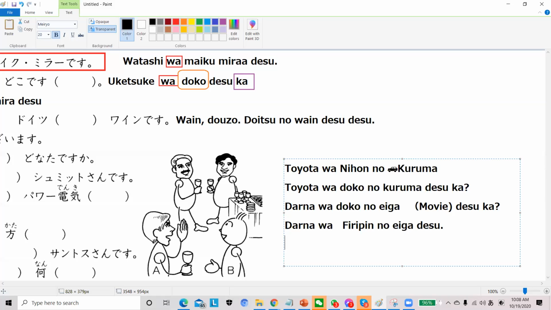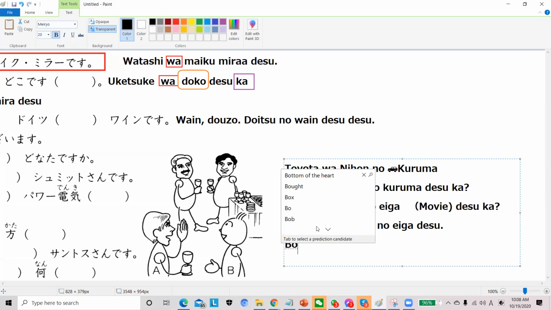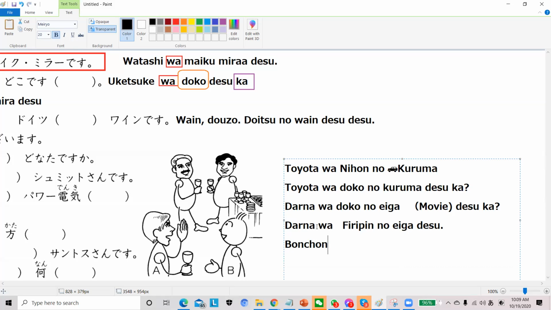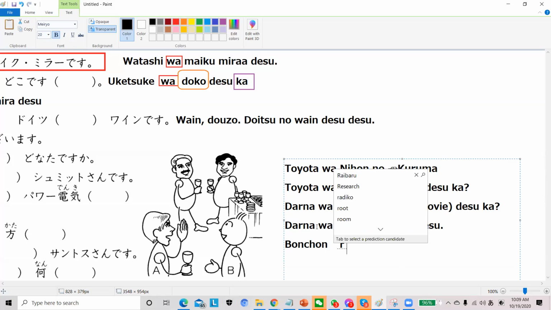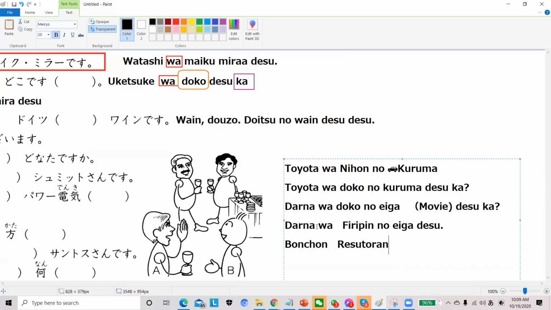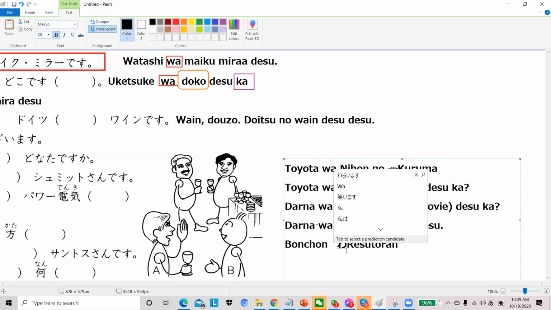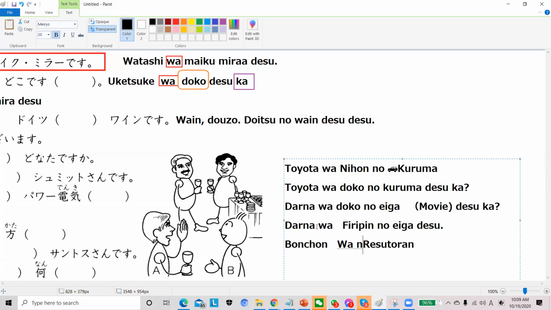Okay, so let's have this one. Leslie-san imasu ka? Leslie-san. ボンちゃんはどこのレストランですか？ レストラン. ボンちゃんはどこのレストランですか？